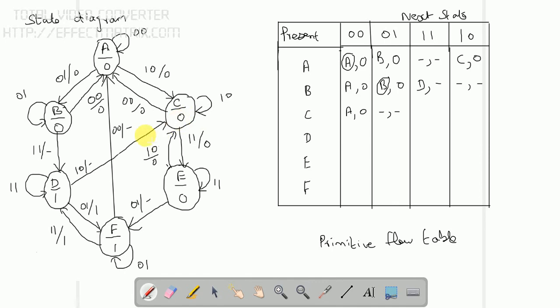So we don't have any connectivity from C to D. At the same time, I have the connectivity from C to E. So E is also having the 1 1 input, but with a different output. For D, I have output 1. For E, I have output 0. Though I am not having C to D connectivity, I can go for C to E because I have the connection. So instead of D, I am writing as E. Output of E is 0. Next, C as the input of 1 0. So already this is considered as the self state.